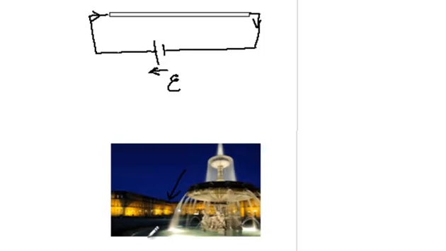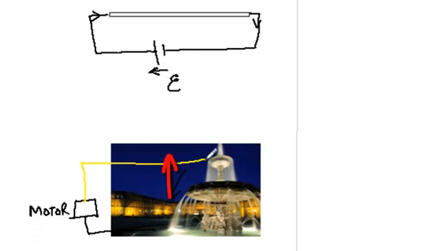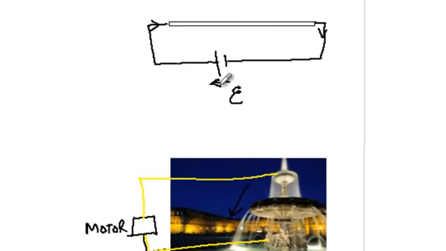But you need to pump the water back, so there has to be a motor. You have to have a motor that pumps the water back from the reservoir to the top of the fountain, so that it can again fall back to a lower level. So there has to be some kind of a motor or a pump in the circuit. Now, this is exactly what the cell does in this case.